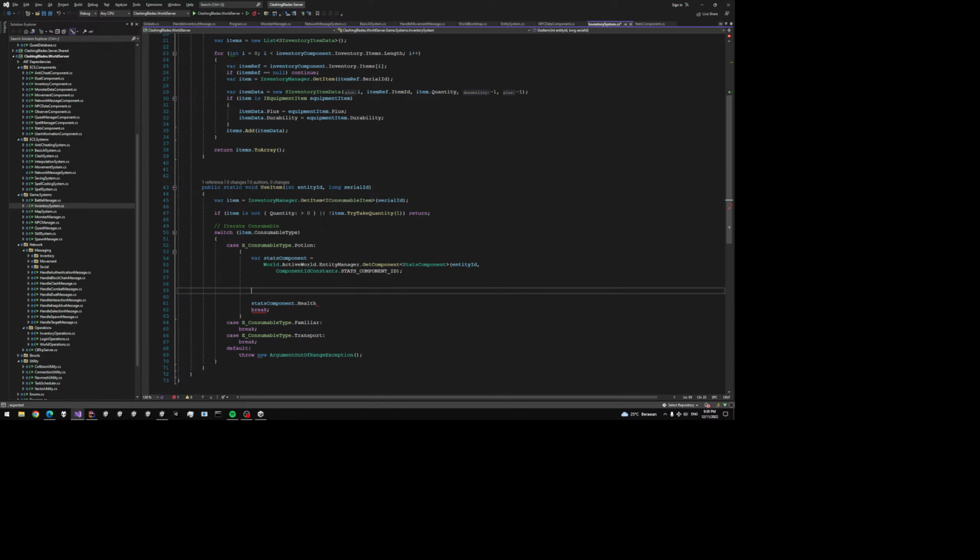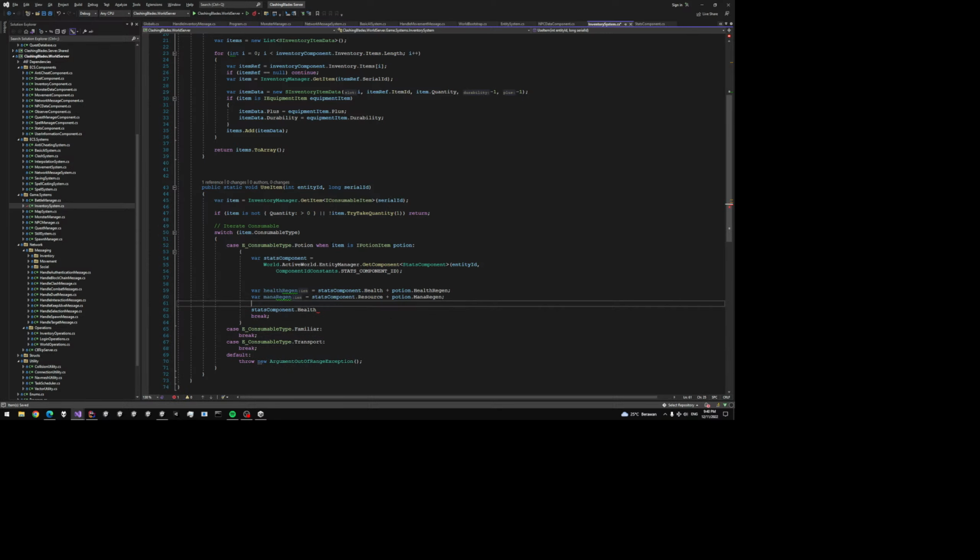So let's first calculate health region. Also, when the item is a potion item, let's say potion, so it will be stats component health plus potion dot health region, mana region, stats component mana resource plus potion dot mana region. Then the percentage would be